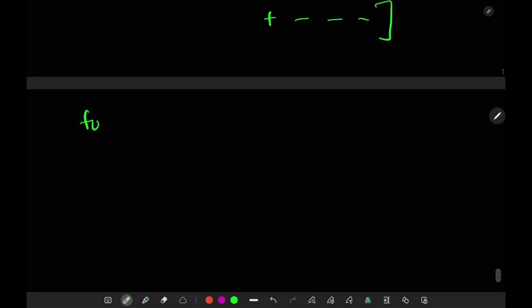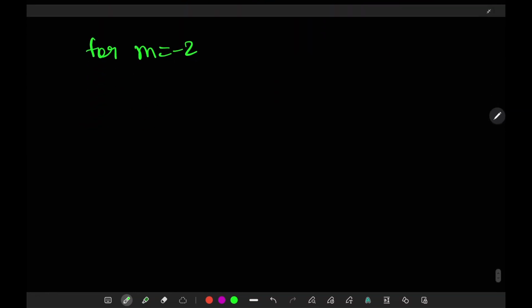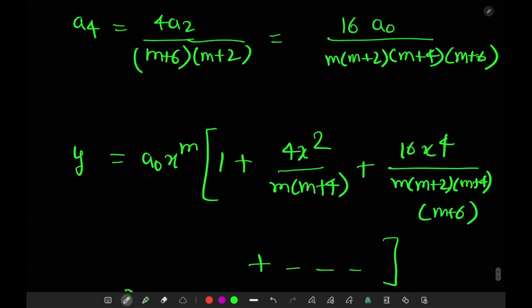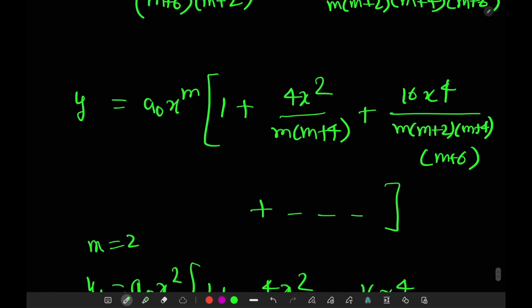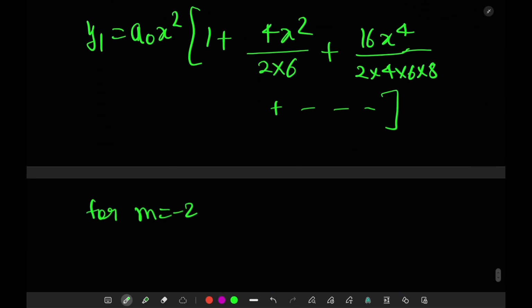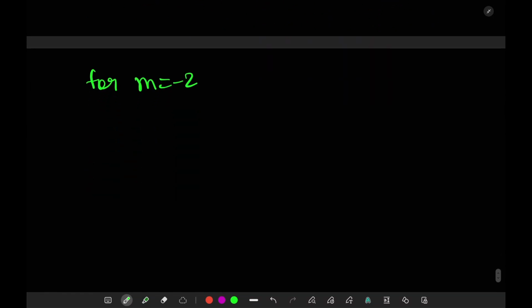Now for m equal to minus 2, if we put m equal to minus 2, here you can see the coefficient becomes infinite, because m plus 2 is here. If we put m is equal to minus 2, the whole terms become infinite. So we can use here